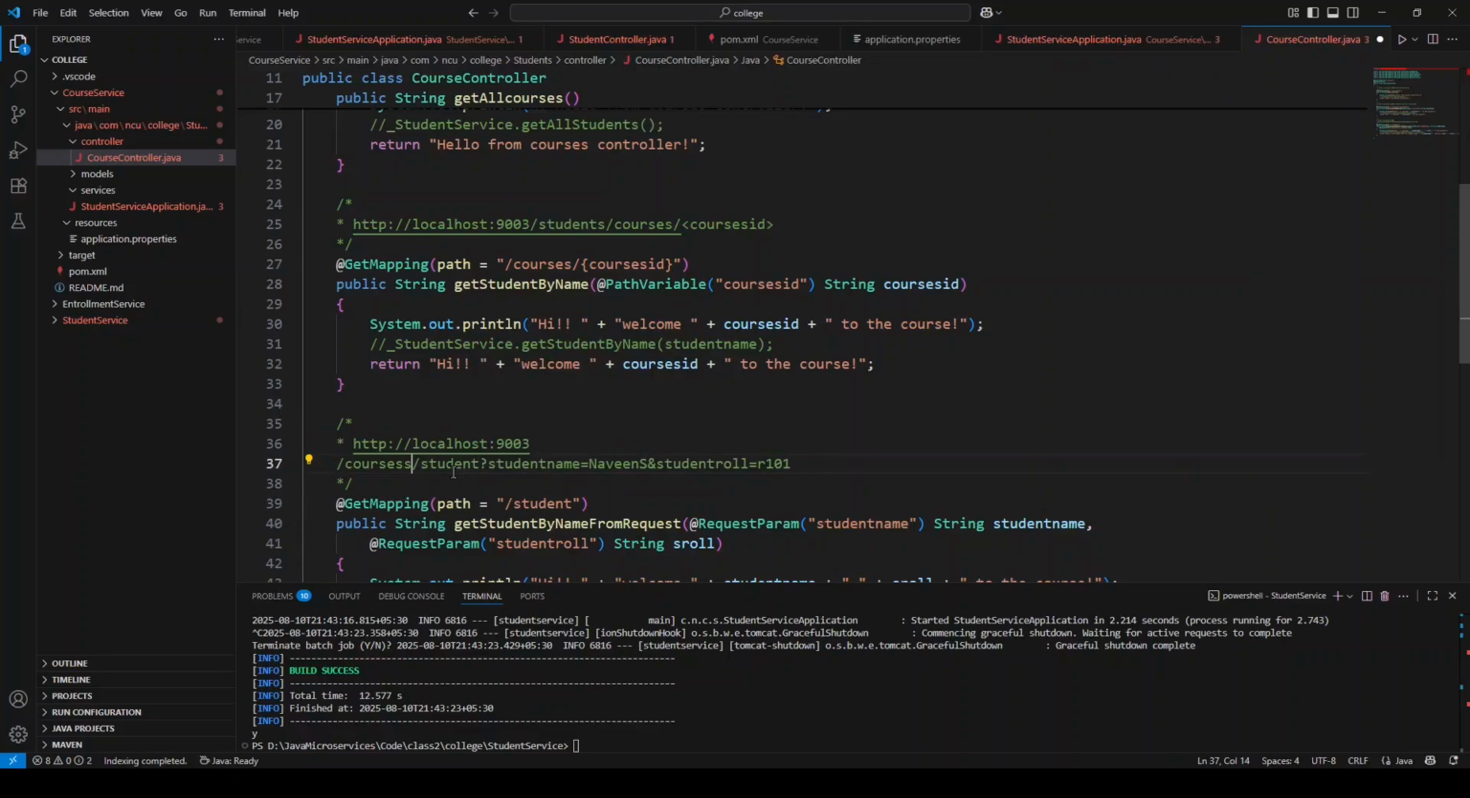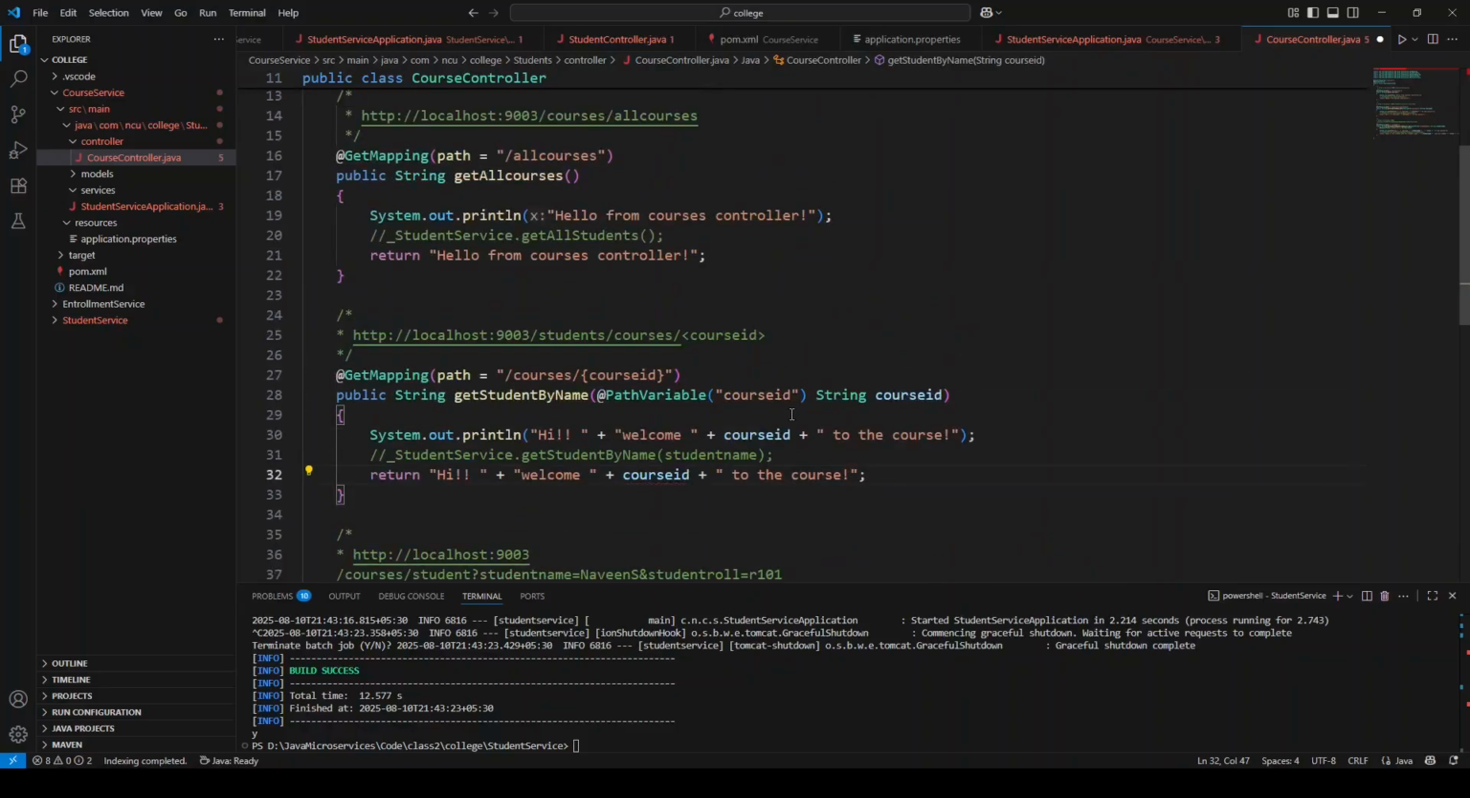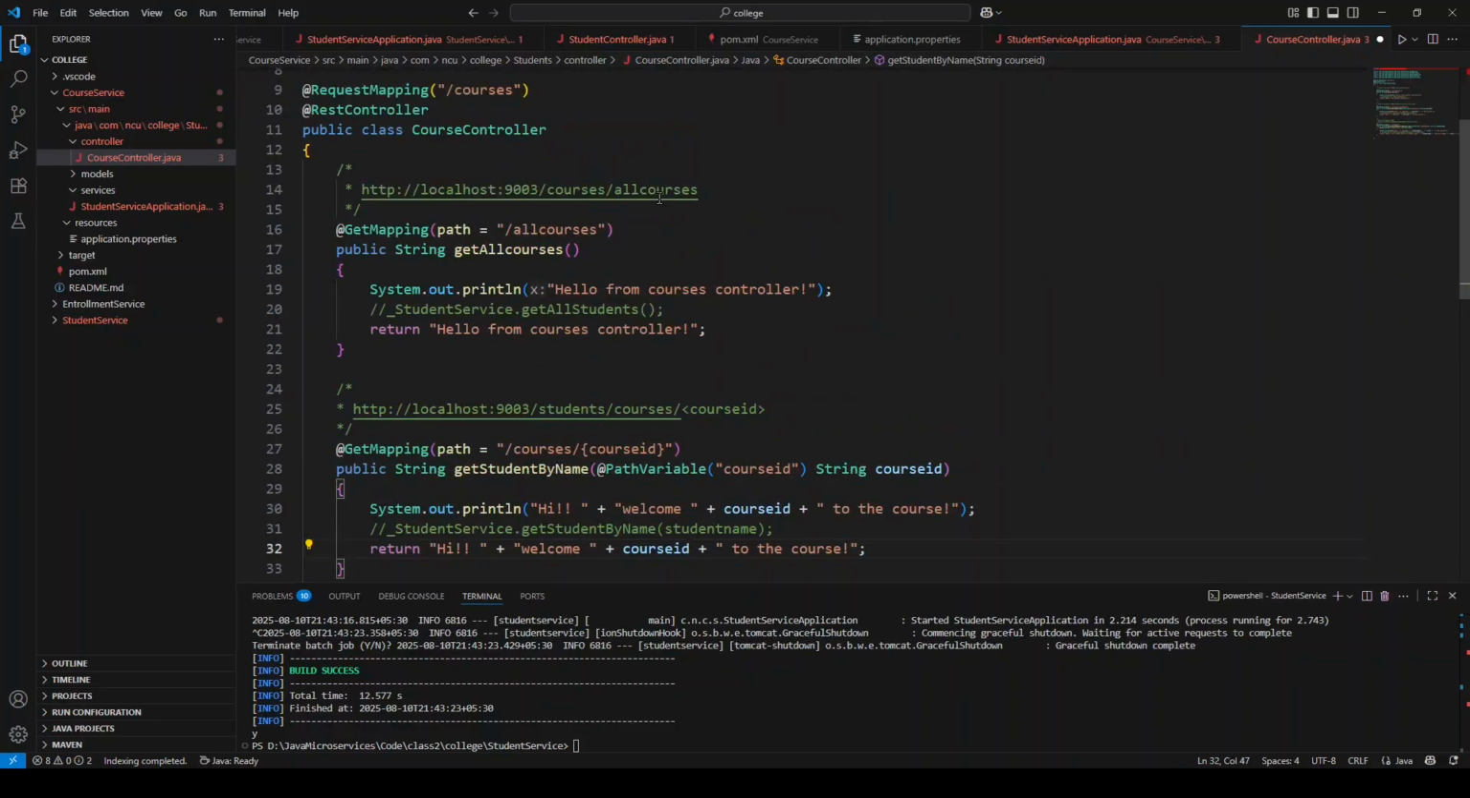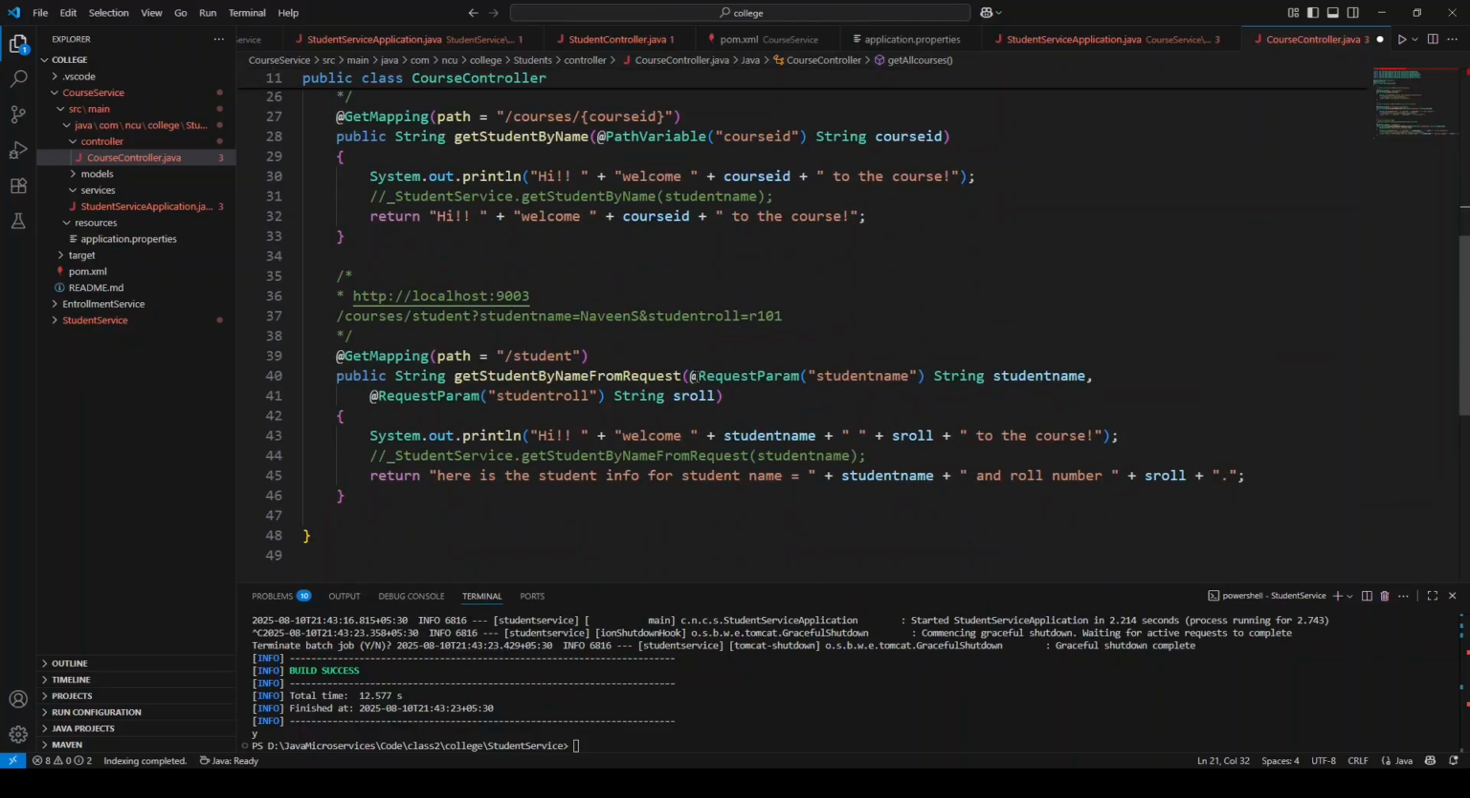Oops, courses. No, this should be course ID, not courses ID. So that's how you make mistakes when you copy paste. All courses, courses. Okay. Now let's say third one,